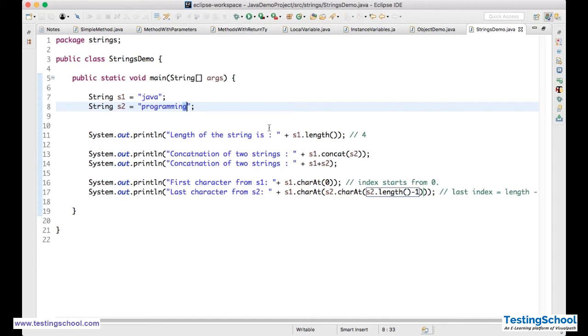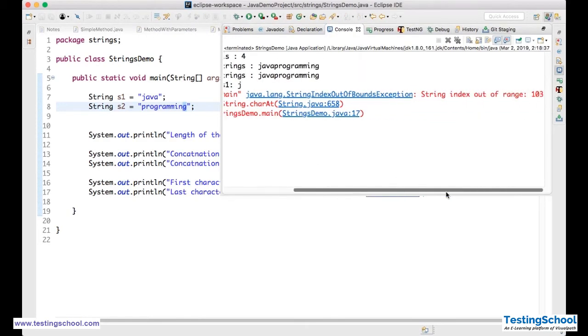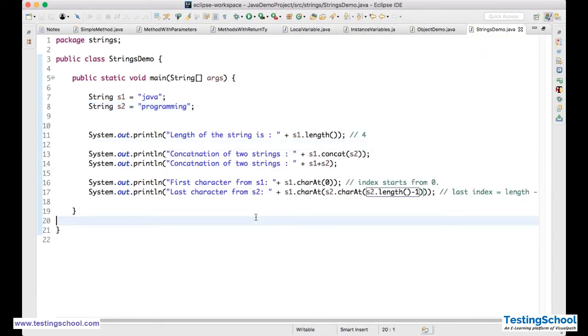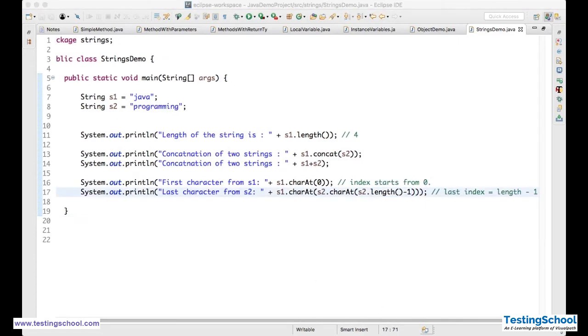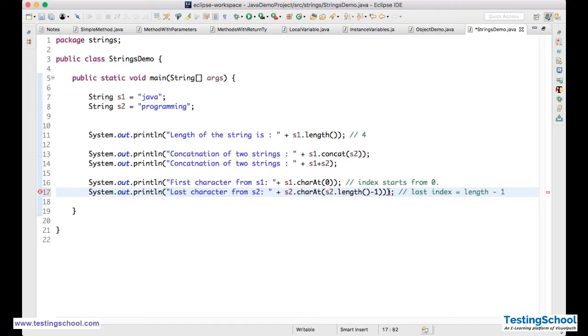When I run this, string index out of range 103. What is that? I made a mistake. You see that? S1 dot charAt I'm again giving. So I'll remove this.